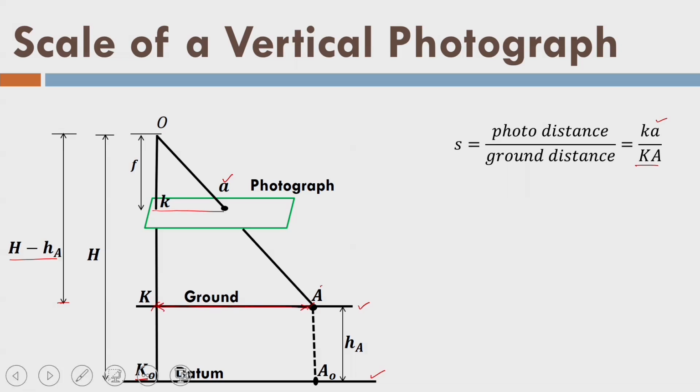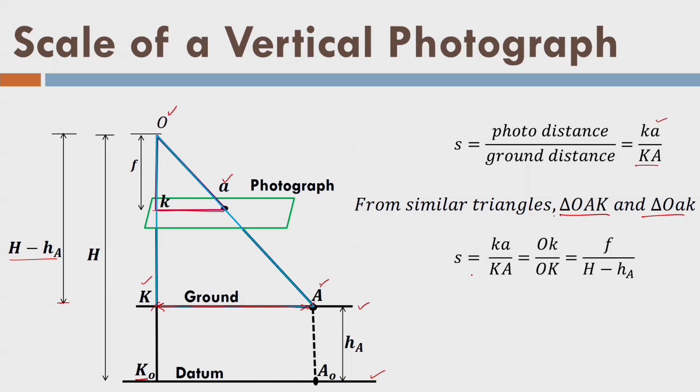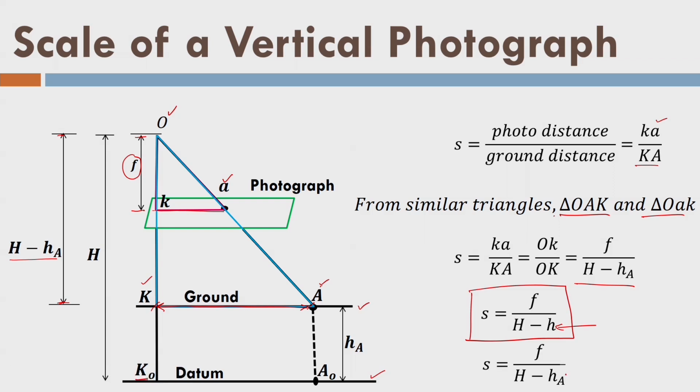So, again use the similar triangles, but there is small difference in the scale expression now, because point A is above the datum at height hA. So, again use similar triangles. The scale is the ratio of f and distance from the exposure center to the point. So, this is the scale at point A. In general, for any point having h elevation, I will have the scale, and that is what we call the point scale, the scale at that particular point. So, at point A, I have this scale.